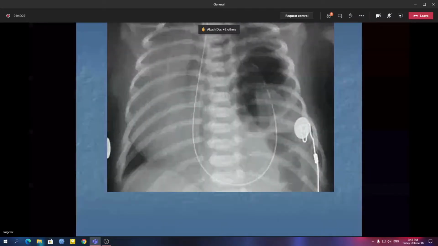Is this what you want to say? Why is this a tracheoesophageal fistula? Tracheoesophageal fistula means you wanted to say that the Ryle's tube has gone via the esophagus and into the trachea. Okay, in that case, the TOF would have happened somewhere out here. Why should it go via the abdomen?